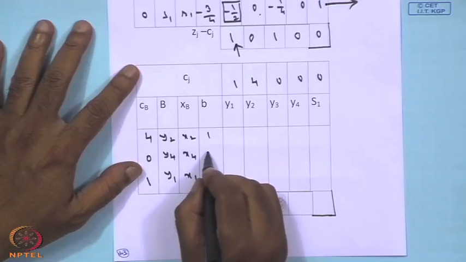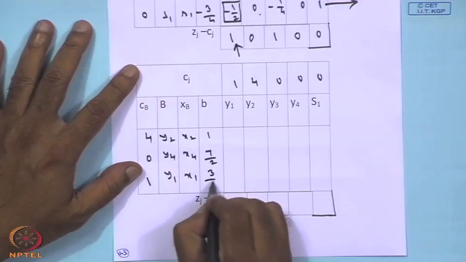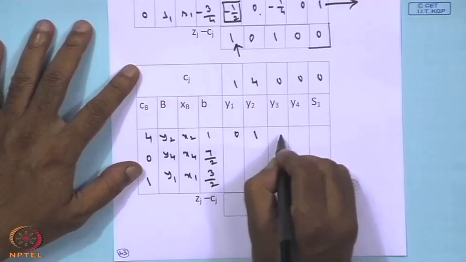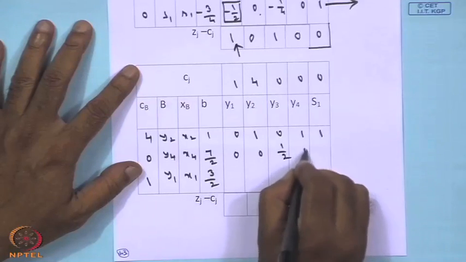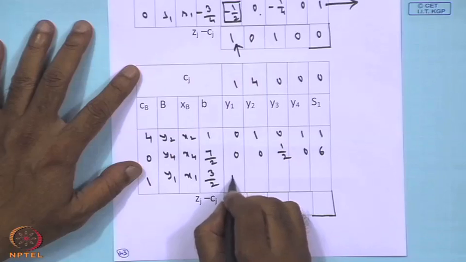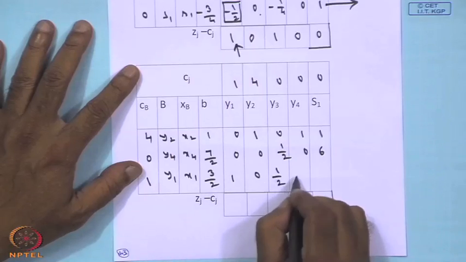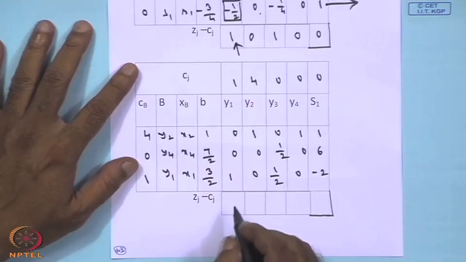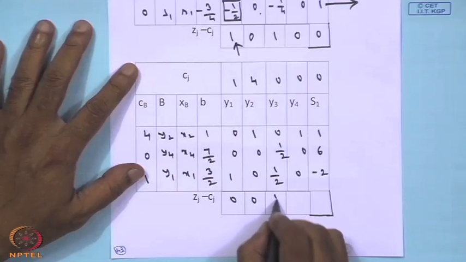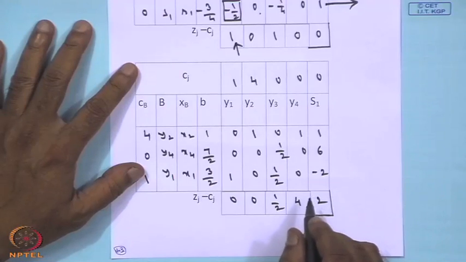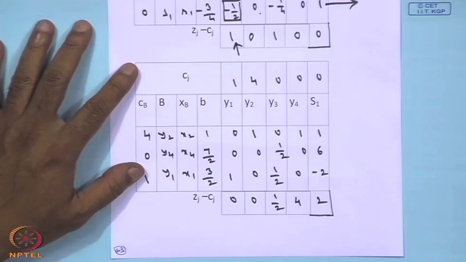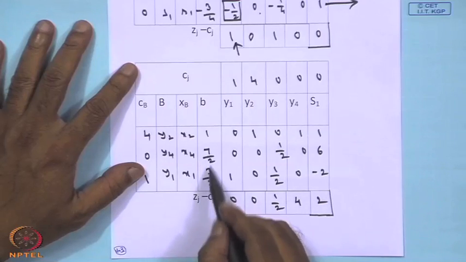So, this is 1, 7 by 2, 3 by 2, 0, 1, 0, 1, 1. This is 0, 0, half, 0 and 6. You can check it afterwards: 1, 0, half, 0, minus 2. zj minus cj is 0, 0, half, 4 and 2. If you see, zj minus cj values are greater than or equal to 0, but the solution is a non-integer solution, because